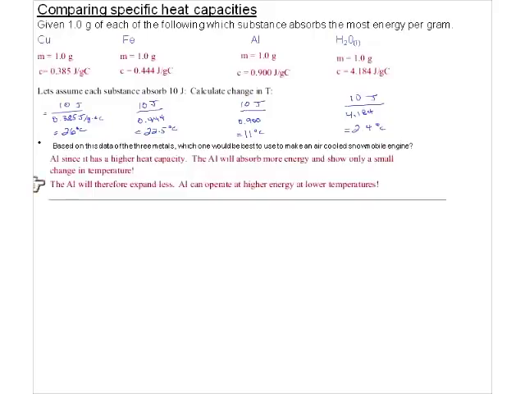And in that case, from the kinetic molecular theory, remember, the higher the temperature, the more expansion we get. So if we operate at a smaller temperature, that means we're going to get less expansion of the metal, which means now the snowmobile engine is going to last a lot longer, because the parts of the engine are not going to expand, because it's going to operate at a colder temperature. All right, so if we had an engine made of copper,